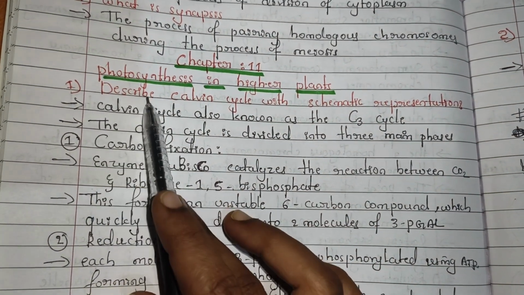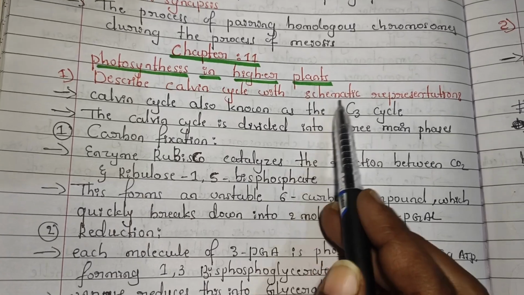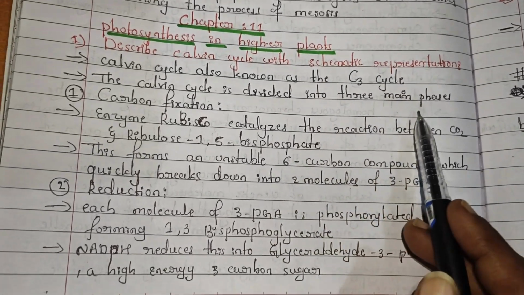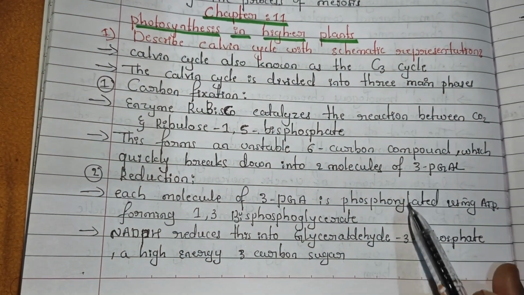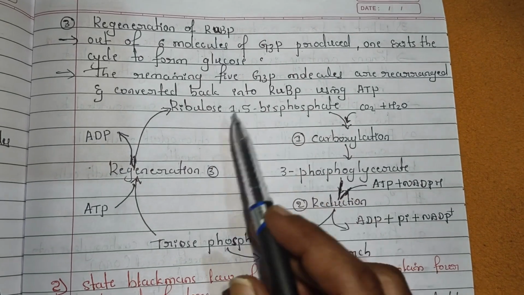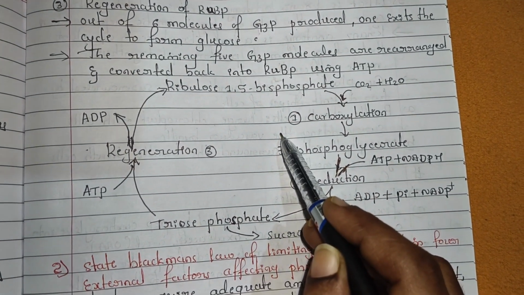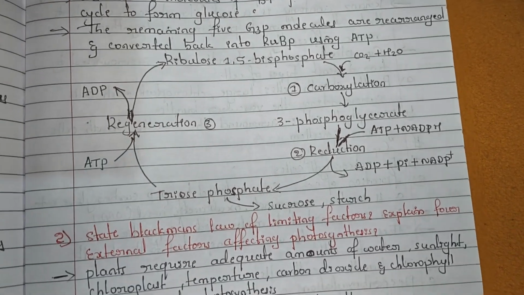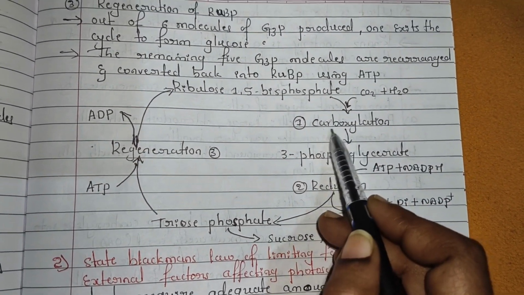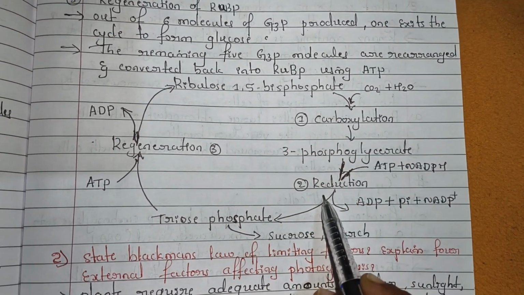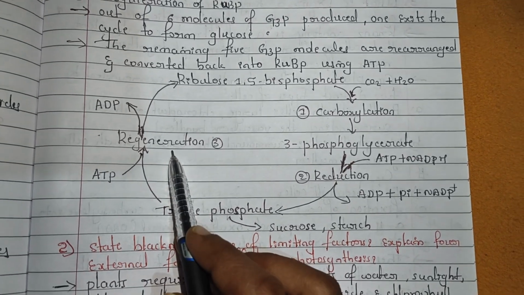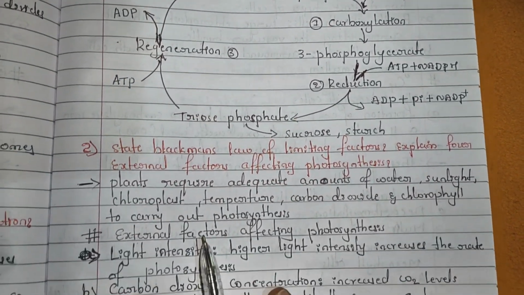So the first question: describe the Calvin cycle with schematic representation. These are the points, you can read them. Here I have given the Calvin cycle schematic representation, you can refer to it. And here there are three main steps. First one, carboxylation. Second one, reduction. Third one, regeneration. And next question,